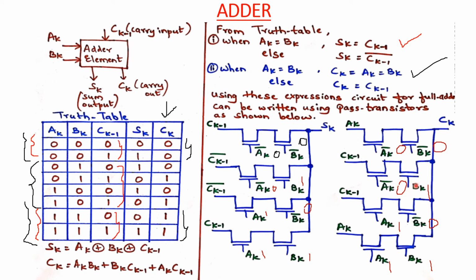When the input is 0 1, then the carry output is equal to carry input. Similarly, if A is 1 0, that is A B bar, carry output is equal to carry input. If A is 1, B is 1, then carry output is equal to A value again. For carry, if both A and B are same, carry output is either A value or B value. If A and B are different, then the carry output is equal to carry input.